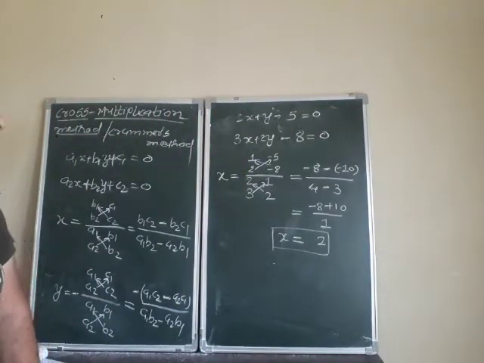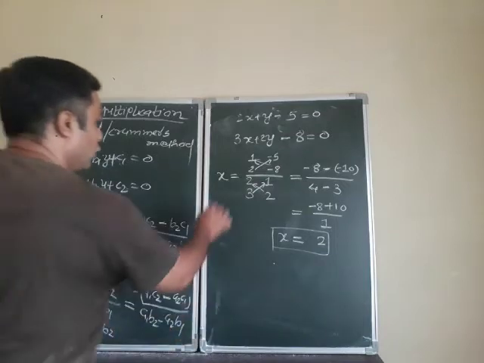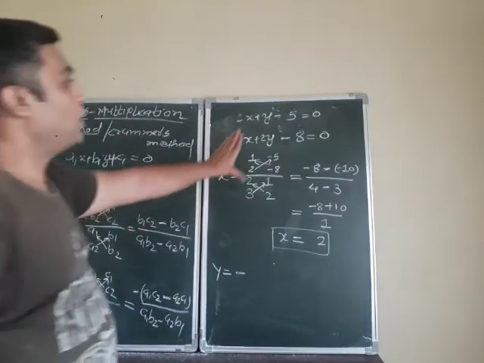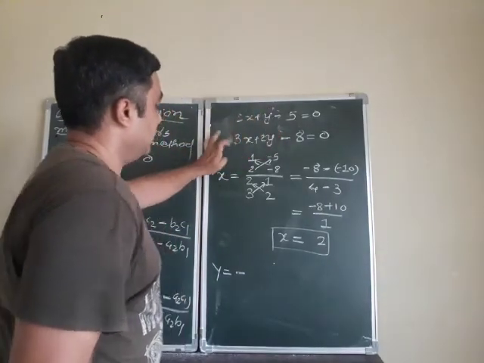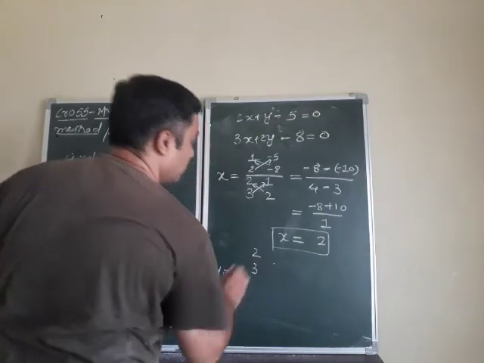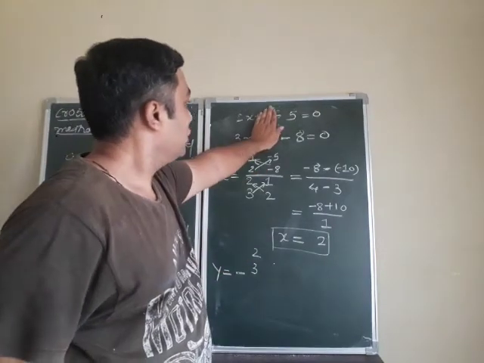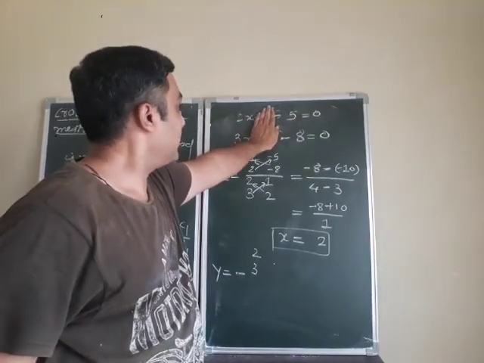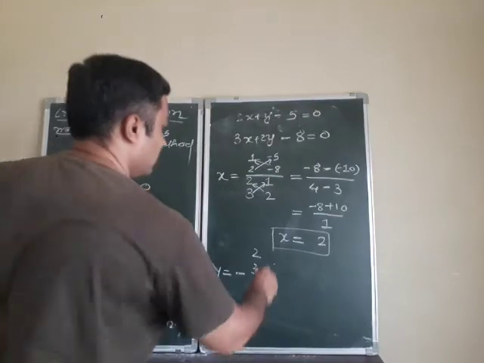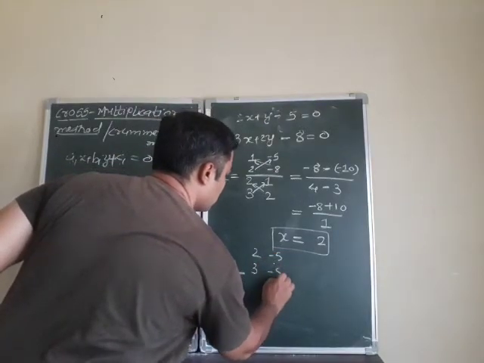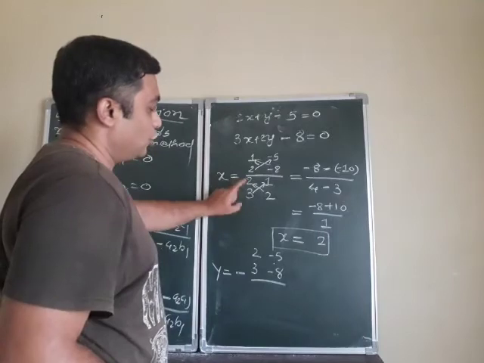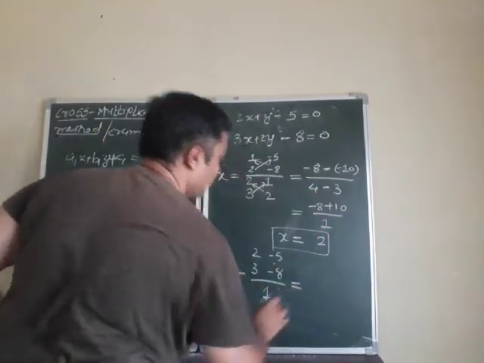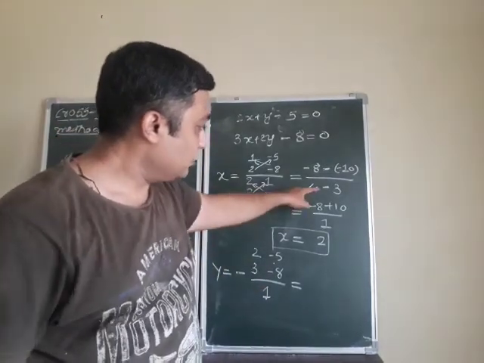Clear? Now we want to find y. Y is always expressed with a minus, as I suggested. Now hide the y. So 2 3. If you don't want to write minus, you can first write minus 5 minus 8 and then 2 3. Here it is minus, so first I write 2 3 minus 5 minus 8. The denominator is the same: 4 minus 3 is 1. So the denominator is 1.